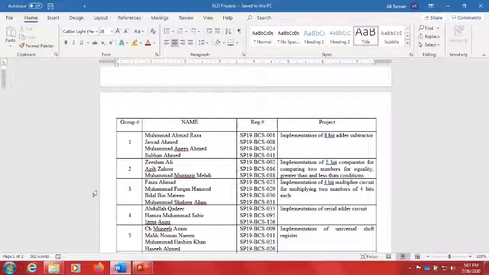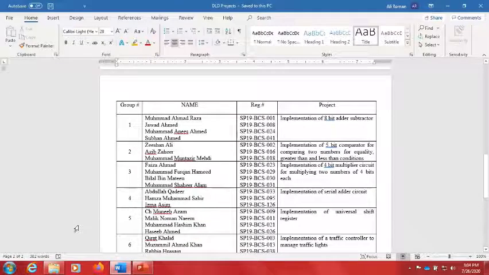So first of all, what you need to implement are the registers, that are the shift registers and also the full adder circuit in order to perform the serial addition operation, and you have to make interconnections with the help of some sequential modules and this full adder circuit, so that you have the capability to add two numbers serially. So you have to implement the same example which we have studied in our theory portion. There is no change in that.